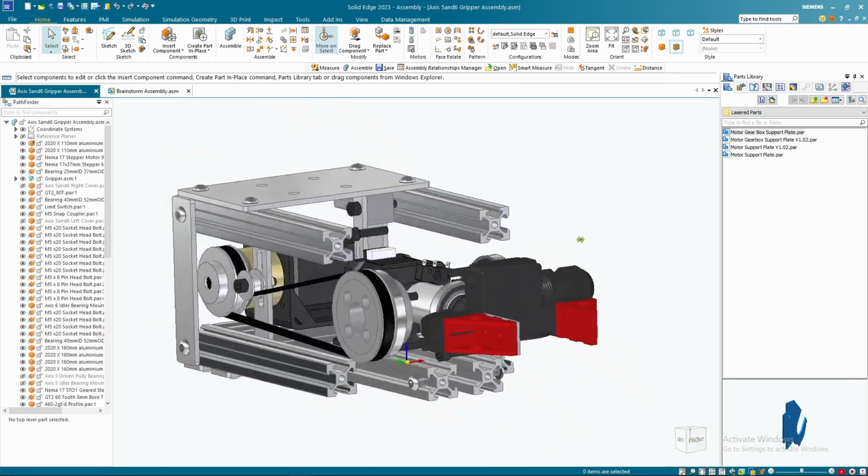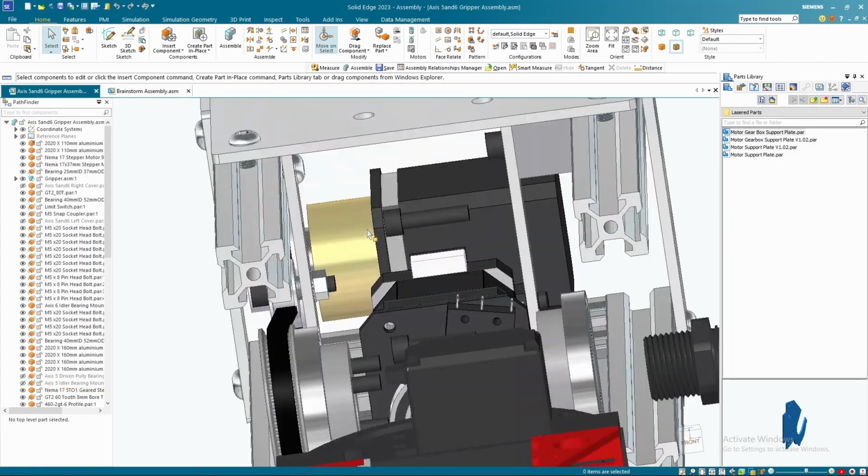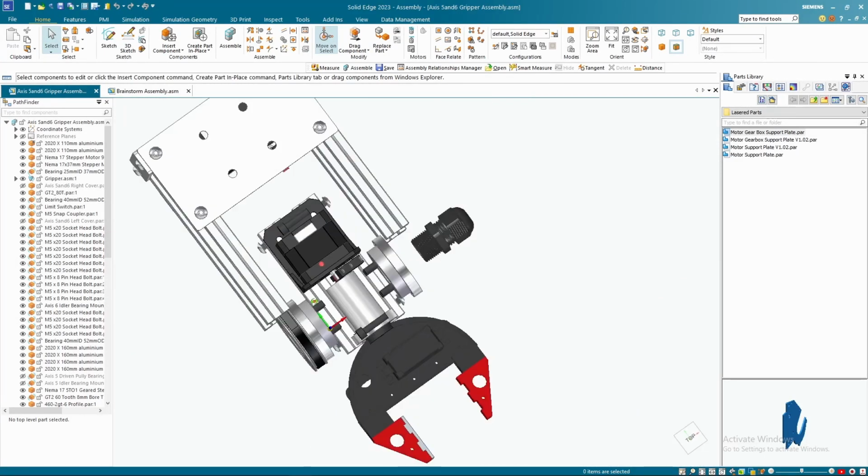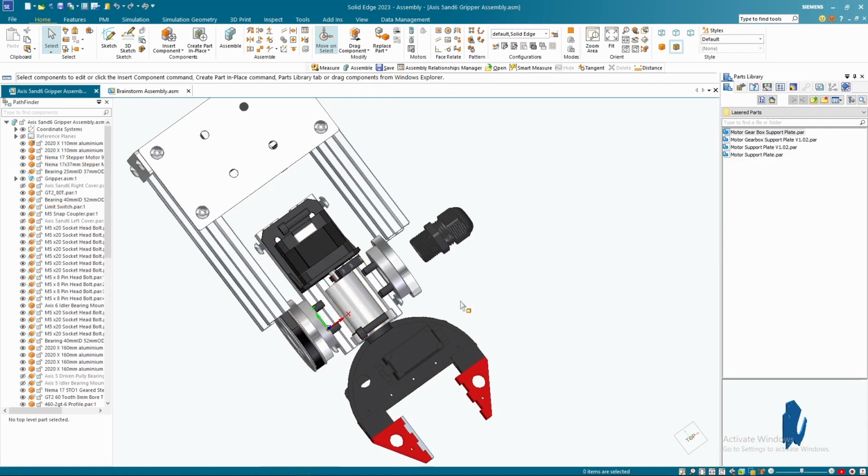Axis 5 is belt driven through a gear-reduced stepper motor, and homes with this limit switch over here that homes off of the housing of Axis 6. Axis 6 is designed to move fast. It's a direct drive stepper motor. The motor is placed in a way so it also counterbalances the payload to relieve some stress on Axis 5,